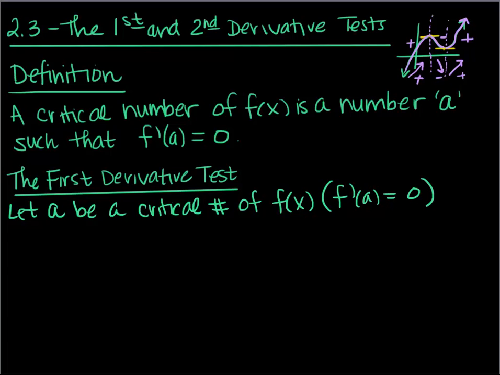And that is exactly what the first derivative test will give us. So, number 1, let's say it this way. F of x then has a local or relative maximum, I'm just going to put max to be lazy here, at x equals a,